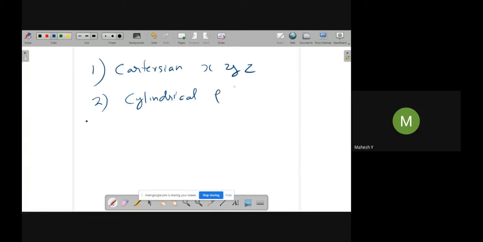rho, phi, and z. Okay, third one, spherical. Okay, the spherical components are r, phi, and theta. Right. So these are the things we have learned. For those who didn't watch the video, let me once again simply simulate